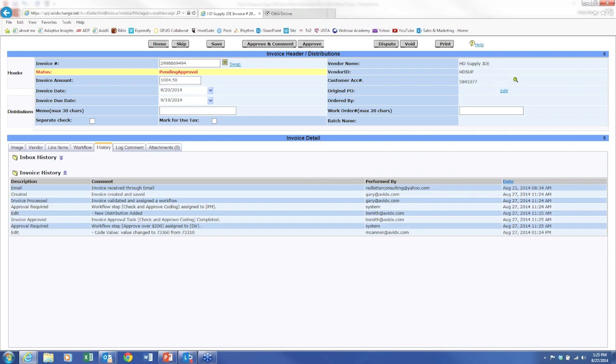I'm going to pause here for just a minute and make the point about this entire section: from one invoice detail, you're going to be able to see exactly who's doing what, when, why, for what reason, and what kind of comments are against that. There's a lot of things this section does, and again, I'm going high level on this, but in a very basic way, what this allows you to do is